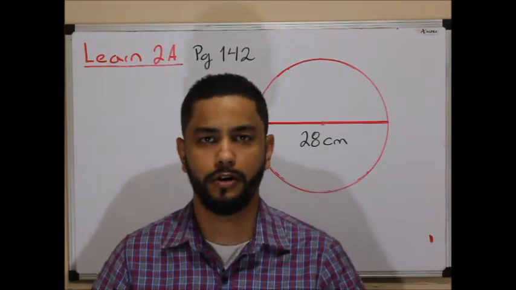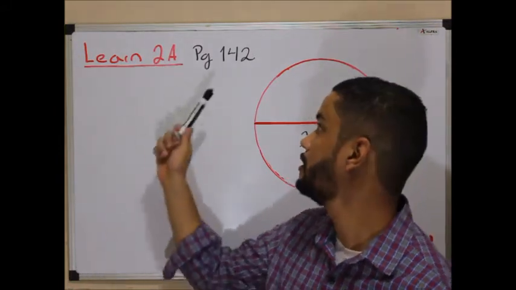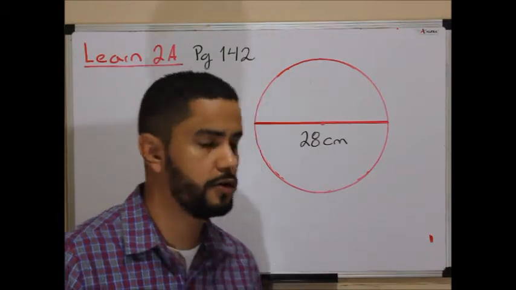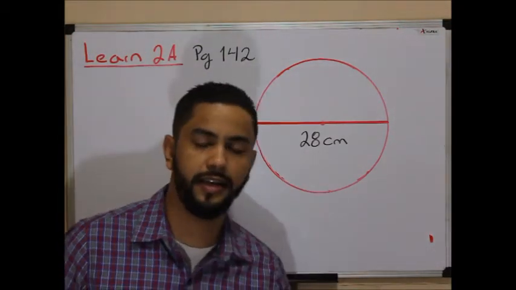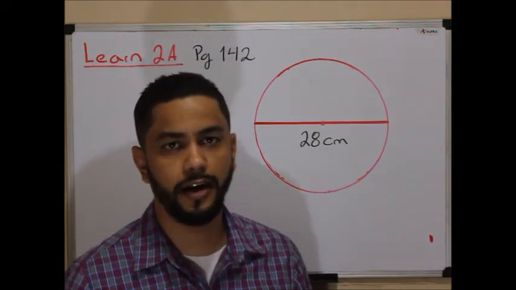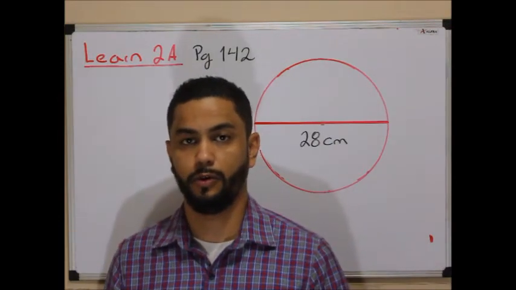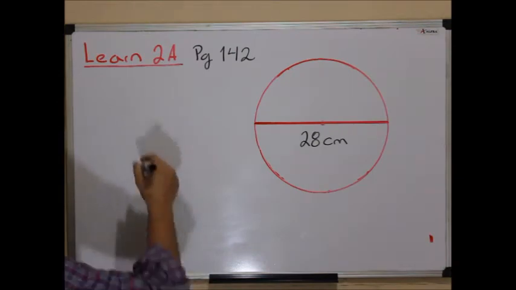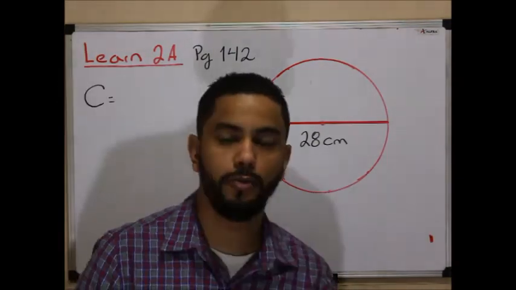Now we're going to work on Learn 2A on page 142. So we have there a circumference with a diameter of 28 centimeters. We only have the diameter and we need to find the value of the circumference. So using our formula, we're going to say that C of circumference will be equal